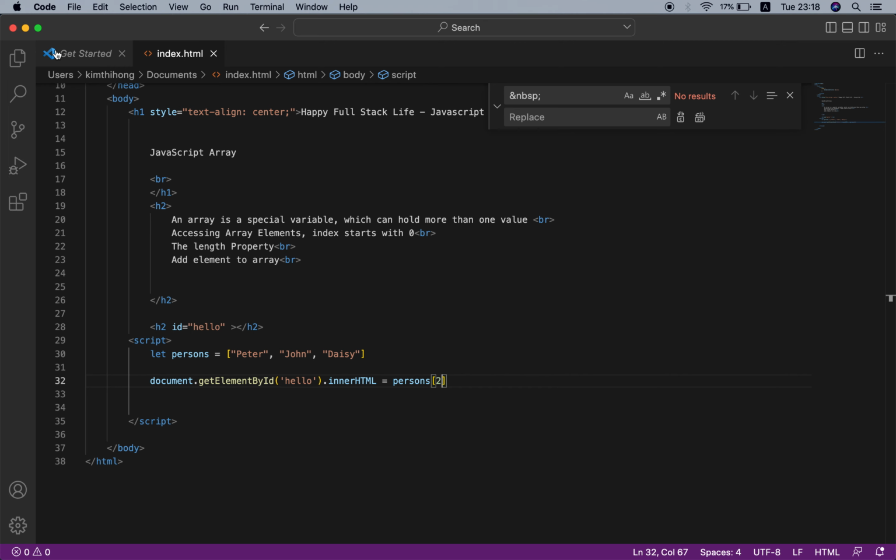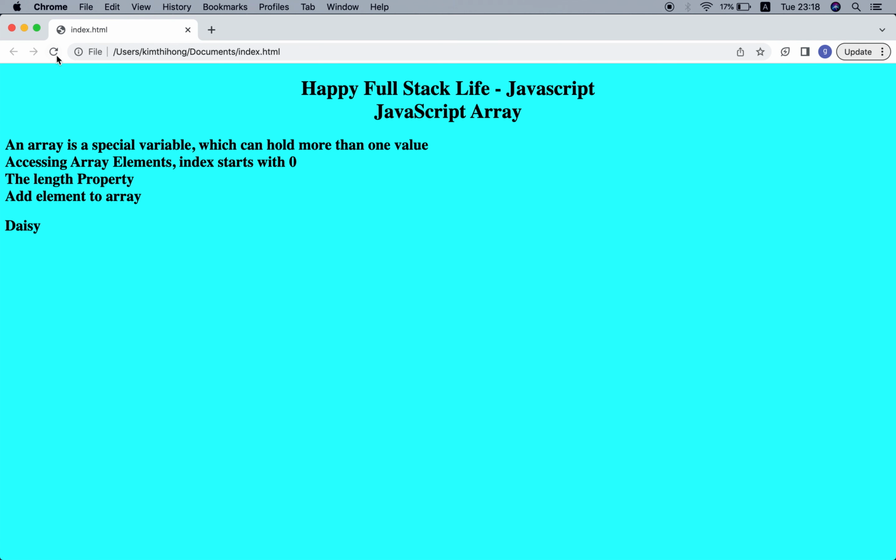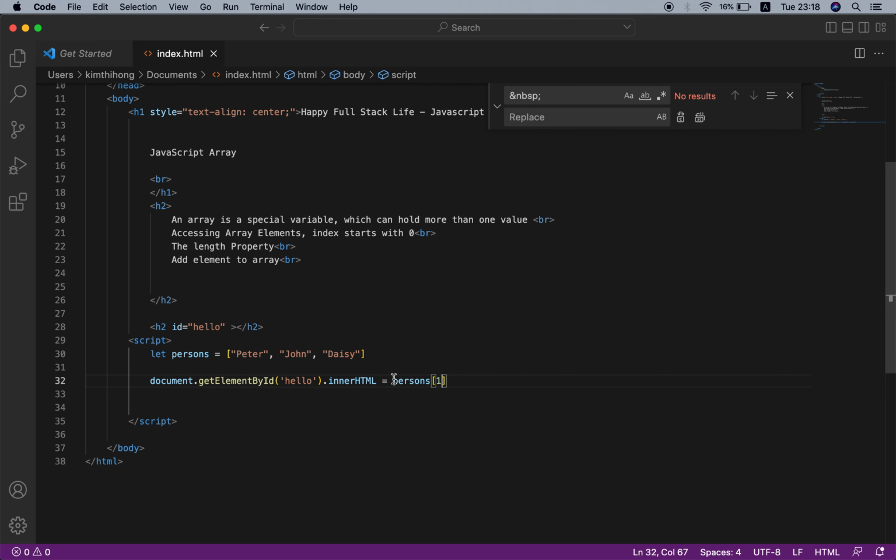And if we would like to display the second element in the list, the second element has index 1. So now you know how to access an array element with an index, and this is the syntax to access the value of an array.